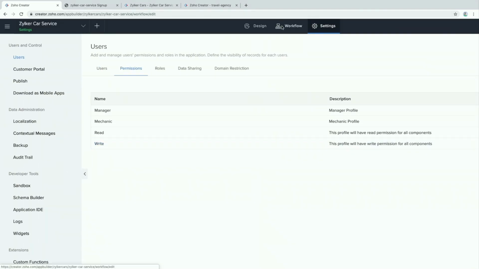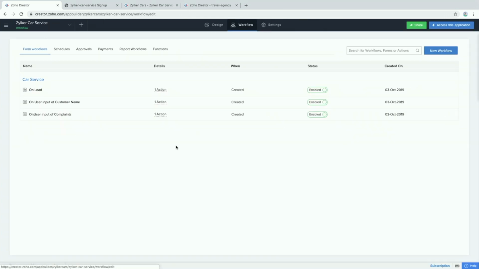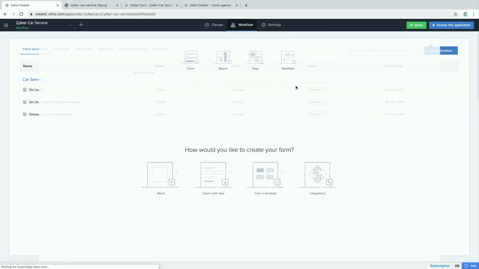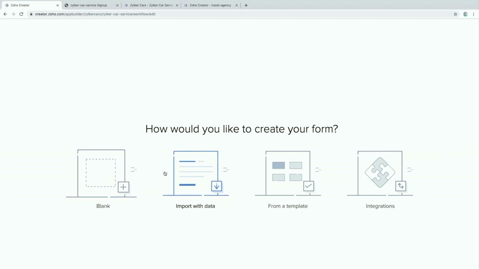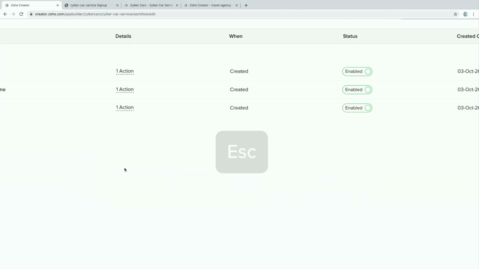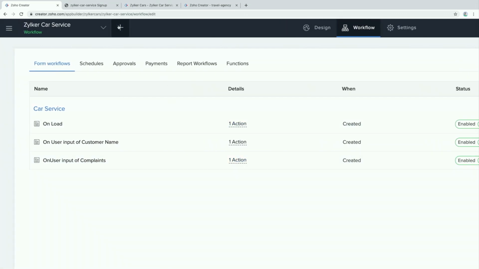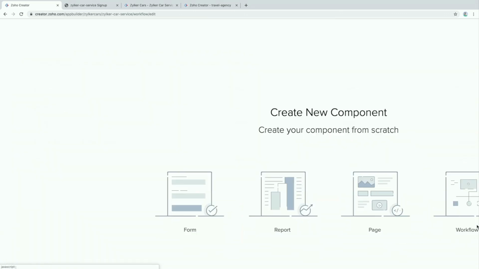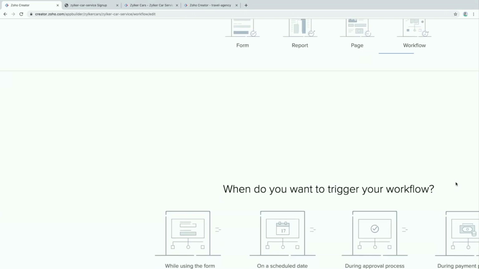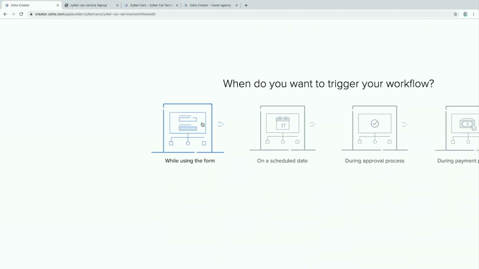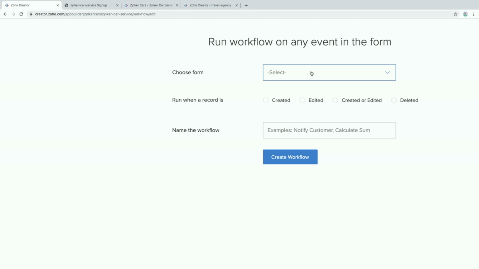Okay, now we'll configure another workflow. Add a new workflow. This is while using the employee form. So while using the form, I can select employee, while a record is being created.